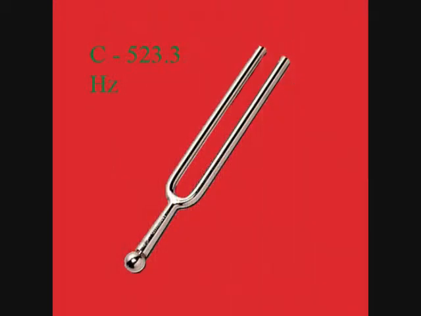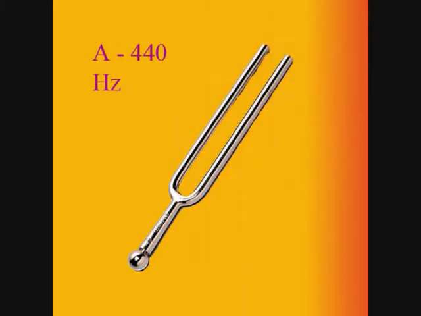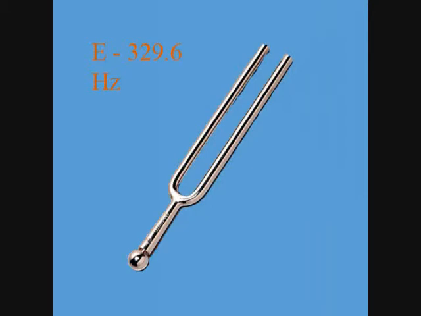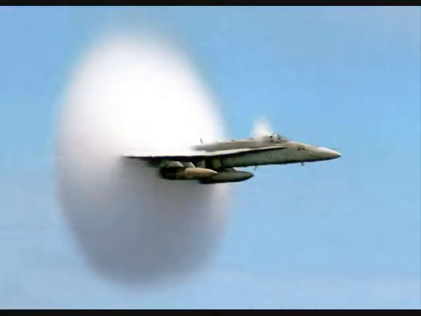We calculated the wavelengths of 3 notes. The notes are C, 523.3 Hz, A, 440 Hz, and E, 329.6 Hz. We used the frequency to calculate the wavelengths. The formula we used is frequency equals nodal points times the velocity of sound, divided by 2 times the length of the tube plus 0.8 times the diameter. The velocity of sound at room temperature is about 343 meters per second, and the diameter of the tube is